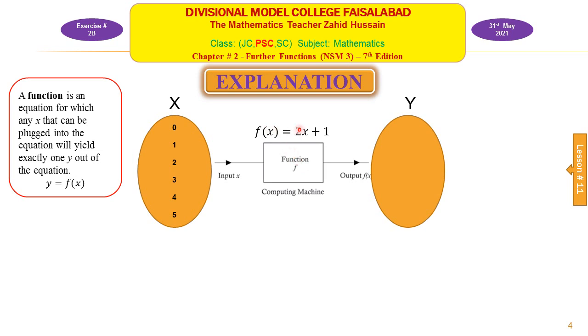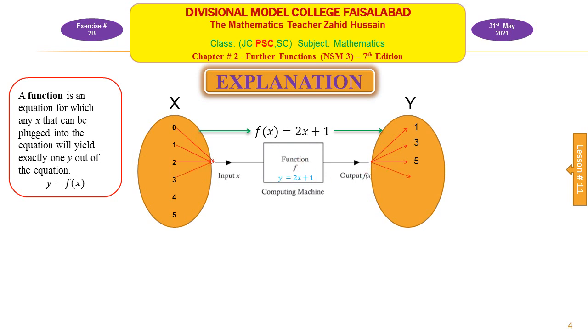If this is the function in which when we put these values of x, we will get some values of y. That is, these values of x when we put in this equation will give us these values of y. When we put 0 for x in this function, we get 0 plus 1 is 1, and when we put x is equal to 1 in this equation, we get y is equal to 3. For 2 we get 5, and if we put x is equal to 3 in this machine, we get